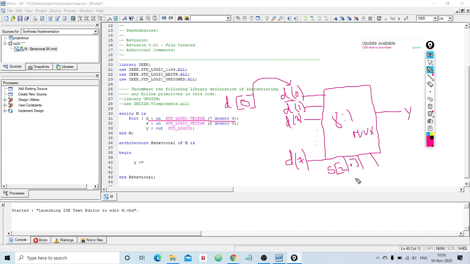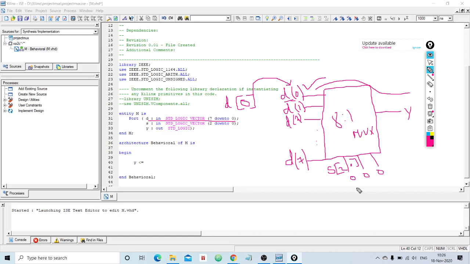Have you remembered how this will work? If the selection line has the value 000, then it will select the signal coming from d0 and send that signal as output through y, because the selection line has the value 0.